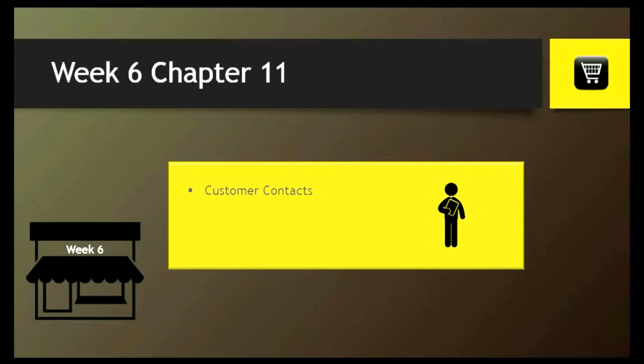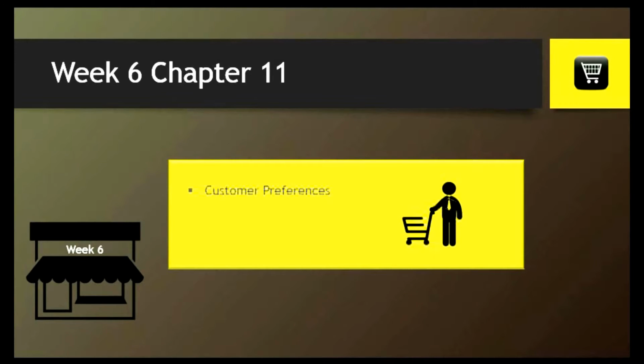Customer contacts, anytime we've had a contact with a customer. This could be customer feedback, it could be emails or catalogs sent, that can be recorded and looked at. Customer preferences, and this can be even down specifically to colors or brands or flavors. So if we know these are behaviors that you've had in the past, then likely you will have the same color preferences or the same brands or flavors going forward, and that can be helpful as we market the opportunities that we have to offer to you individually as a customer.